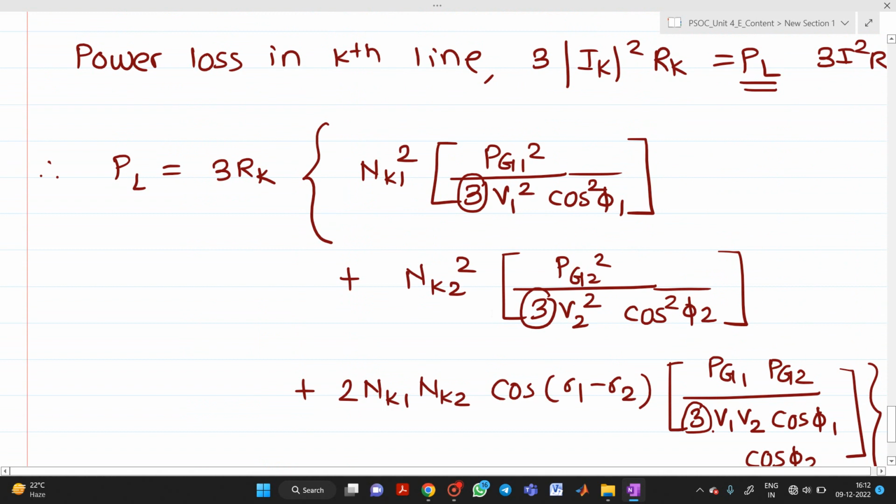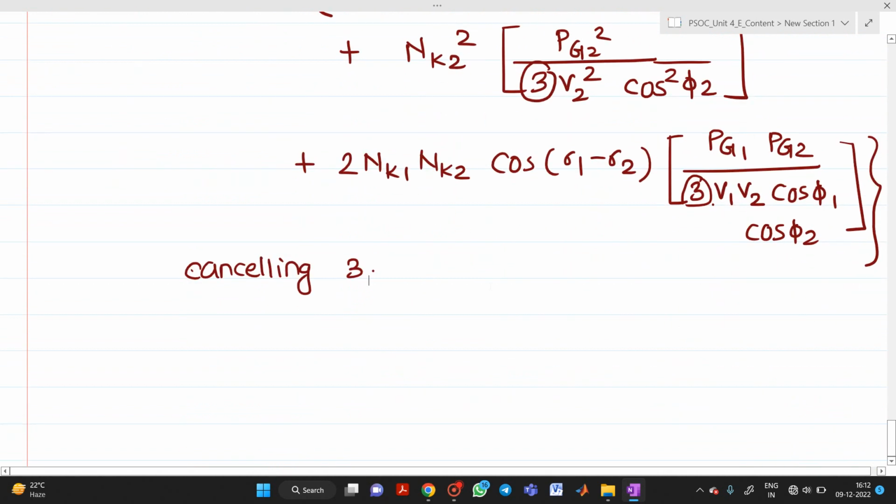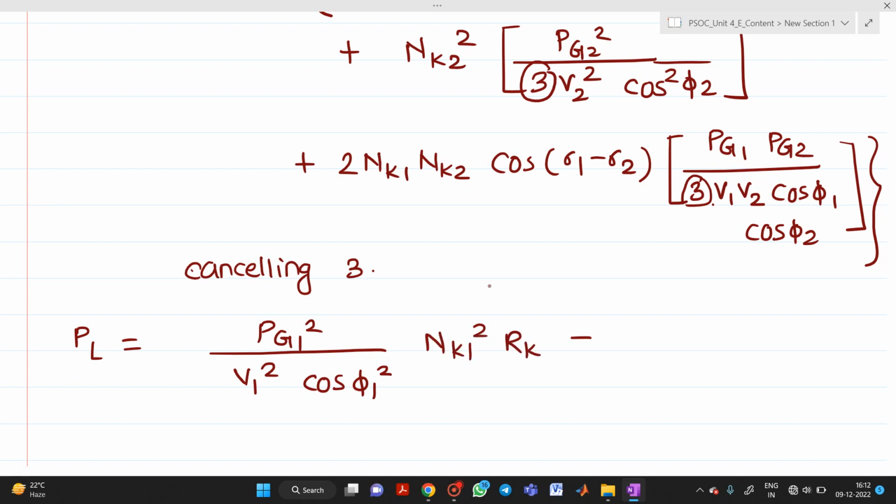So here 3 is common, we will take it, and these 3 will get cancelled. So what I will get is, this power loss will be equal to what? It will be equal to Pg1 square divided by V1 square cos square phi 1, into nk1 square into Rk, plus Pg2 square upon V2 square cos square phi 2